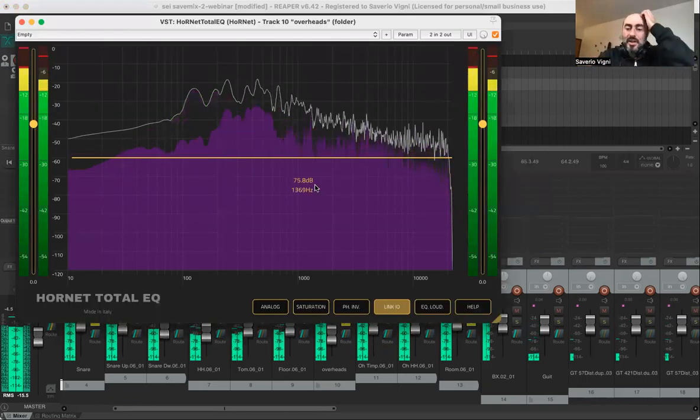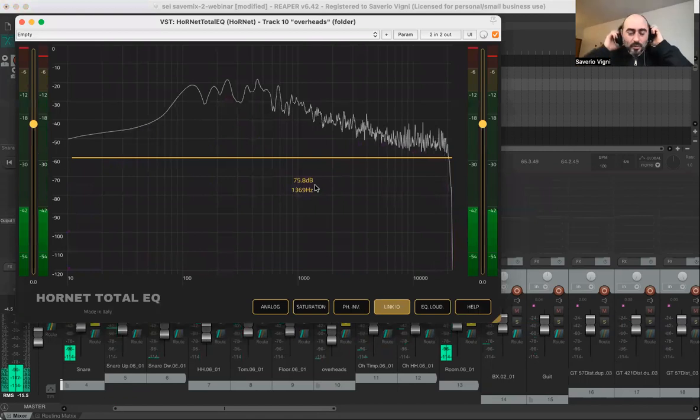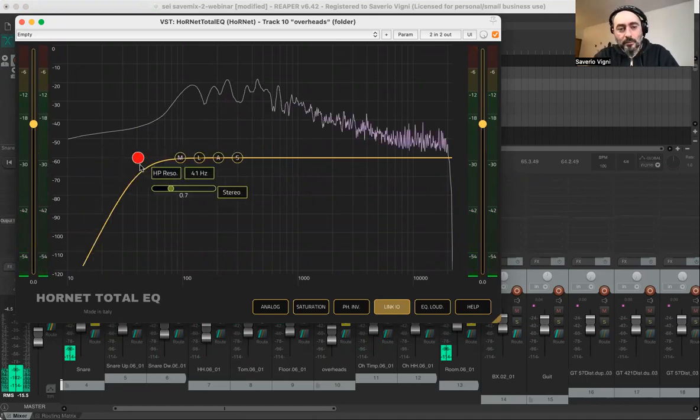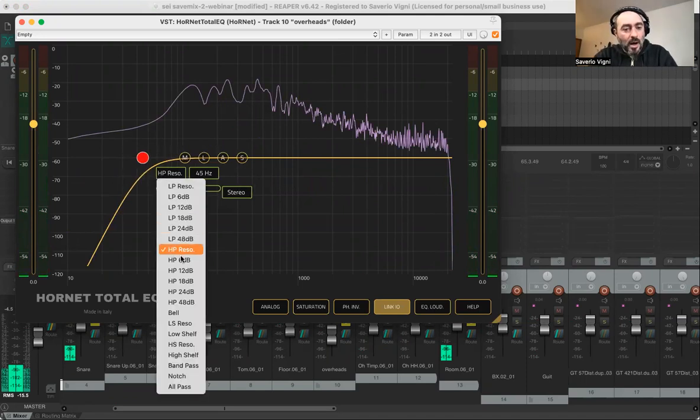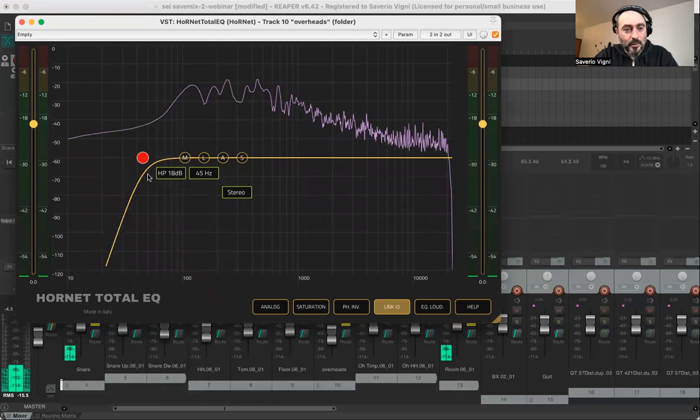I usually don't want to overcompress the overheads because I want them to be the breathing part of the drum. I don't know what to do, so if you have a suggestion or you usually do something different, just let me know. I will remove the low part of the overheads with an 18 dB per octave filter